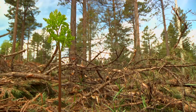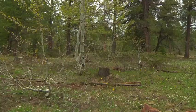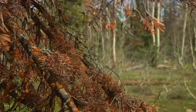We're seeing forest health issues in almost every species. The stands have all become really dense over time because of excluding fire in these landscapes. Lots of young trees competing with each other for nutrients add up to millions of acres at risk. Here on the Colorado Uncompahgre Plateau and across much of the West, unnaturally dense forests are vulnerable to catastrophic fire